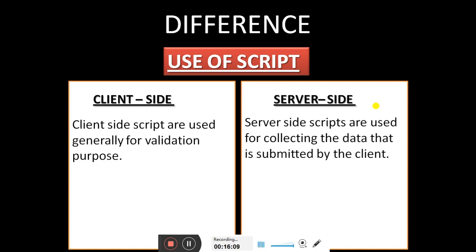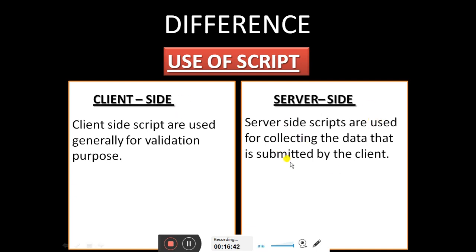If you write a wrong contact number, if you write only 9 digits, it will pop up an error message on the form before submitting it, saying your contact number is not valid, please enter a 10-digit number. So this is validation on the client machine. After all the validation, if the data is error free, then you can send the data to the server side for further processing.